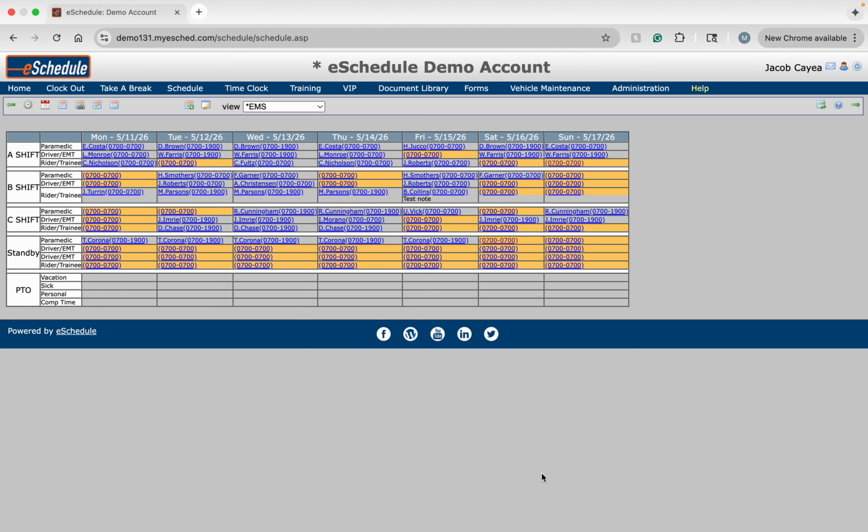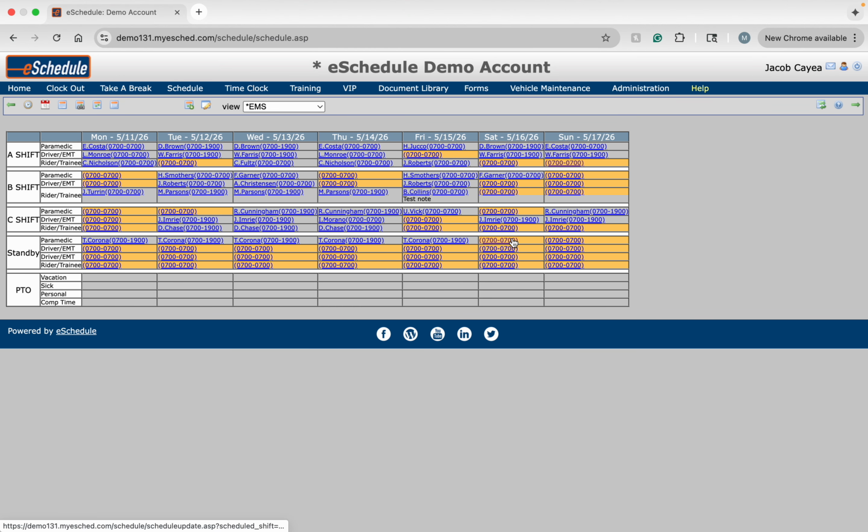The standby shift format is commonly used to schedule things like standby events, trainings, or any shift that you would like to appear as closed by default to your employees, so that administrators and schedulers can open that shift on an as needed basis only. So, we're going to take a look at what that entails, focusing here on the standby shift towards the bottom